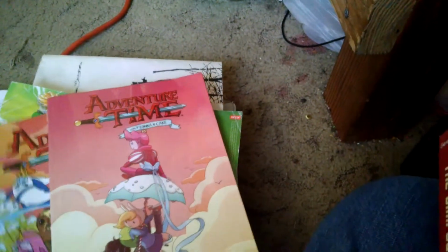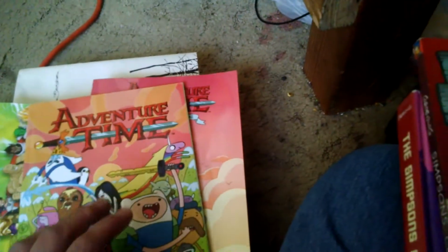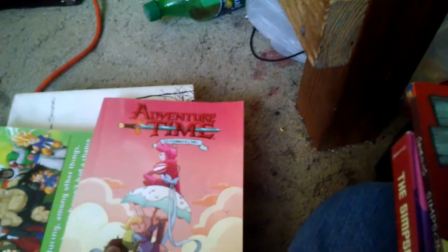So The Far Side, Larson. We got 2 Adventure Time comics. And I got Adventure Time Volume 2, which contains issues 5 through 10, and Fiona and Cake Volume 1. I actually enjoyed this one much better than I enjoyed this one. No joke. I like this one, but I enjoyed this one much better for the